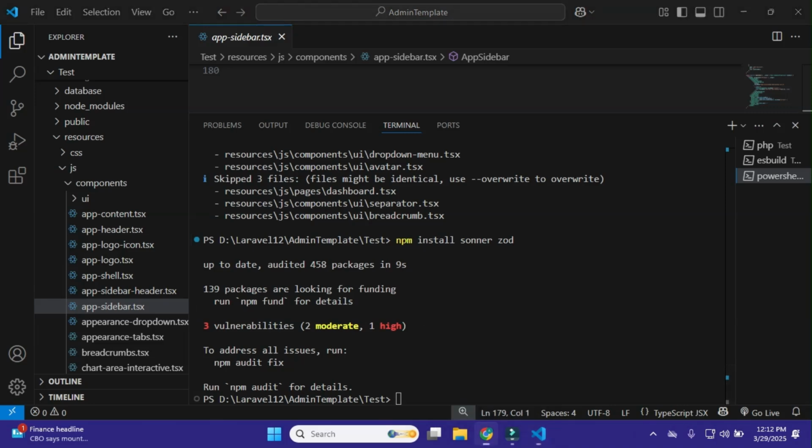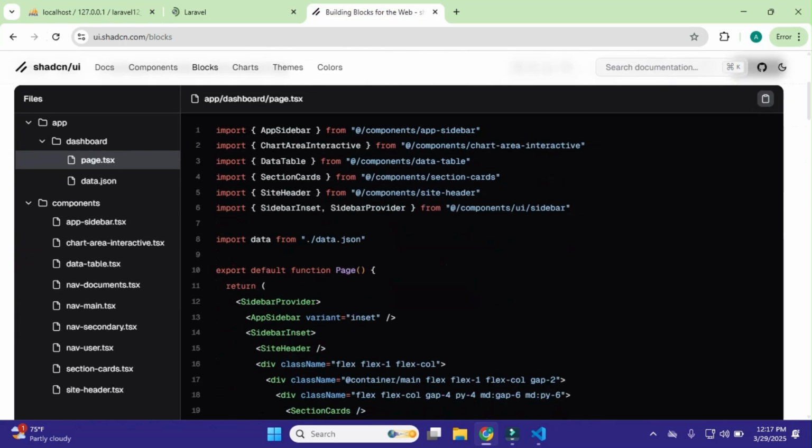Now I'll come to my dashboard and reload this page. Here you can see we have page.tsx.